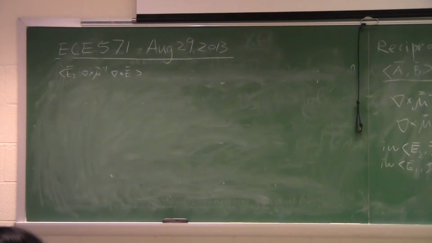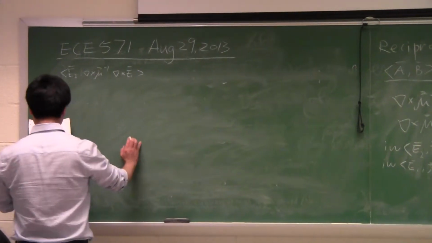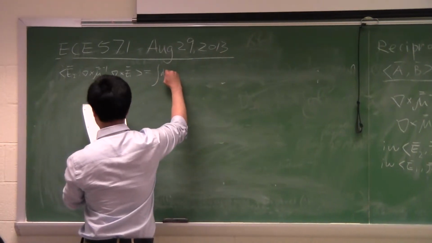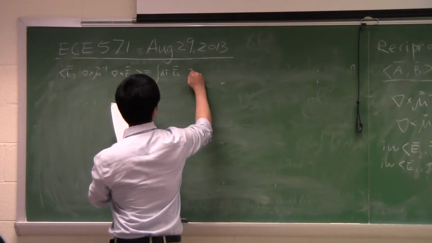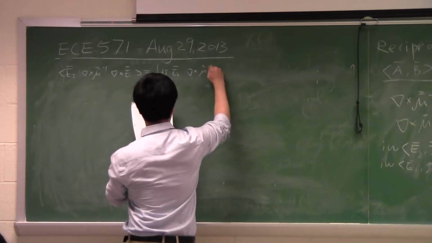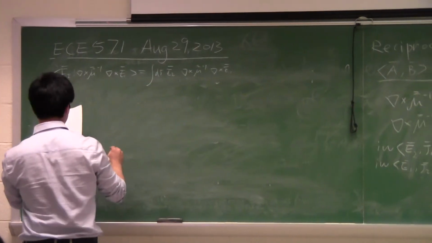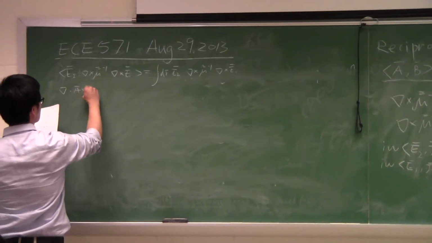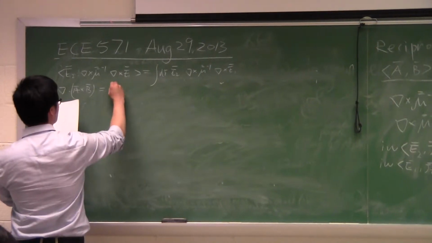So what we need to do is just move this to here, and the way we do it is by chain rule, and we'll be using this a lot in this class. Now this becomes an integral of E2 curl. So we have to use a vector identity here: the divergence of two vectors crossing each other will become